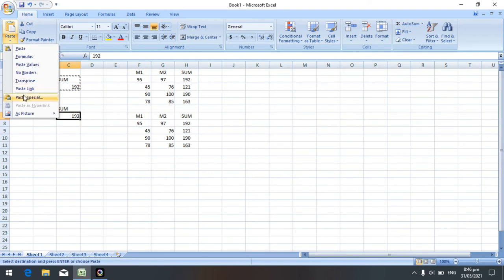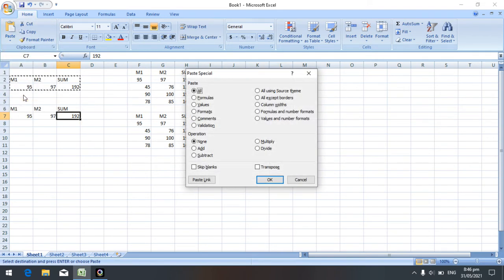In the same way, if I want all the things, then click on All. Then if I want only the formulas, click on Formulas. And if I want only the values, meaning only the numbers at that time, you can click on Values. Next one is Formats. So if I applied any font as bold, italic, underline, or if I increased the size, if I want such types of formatting at that time, you can go for the Formats option.